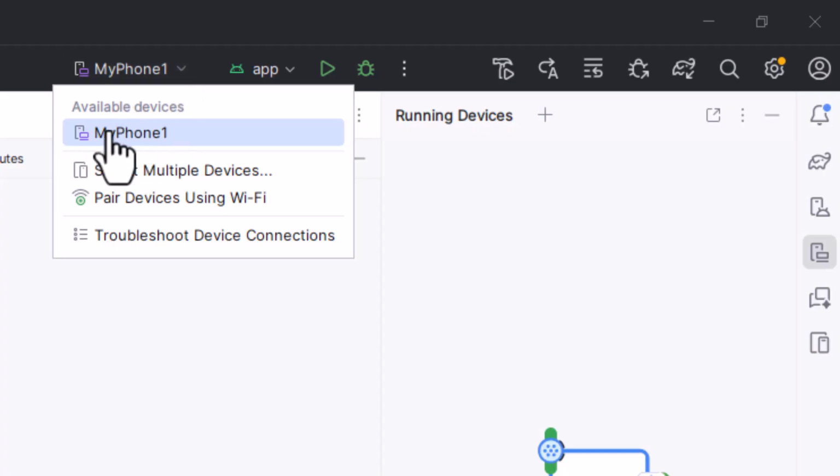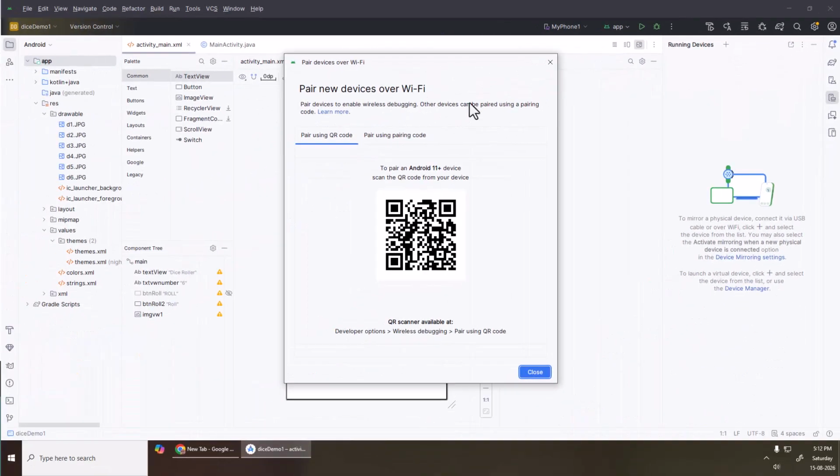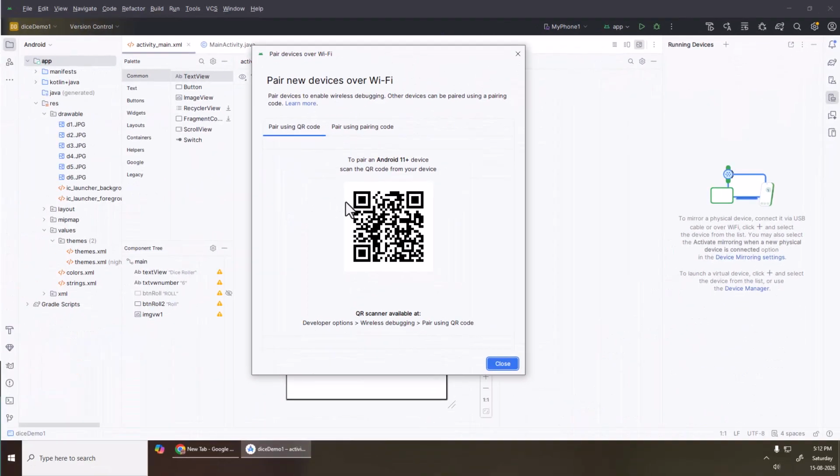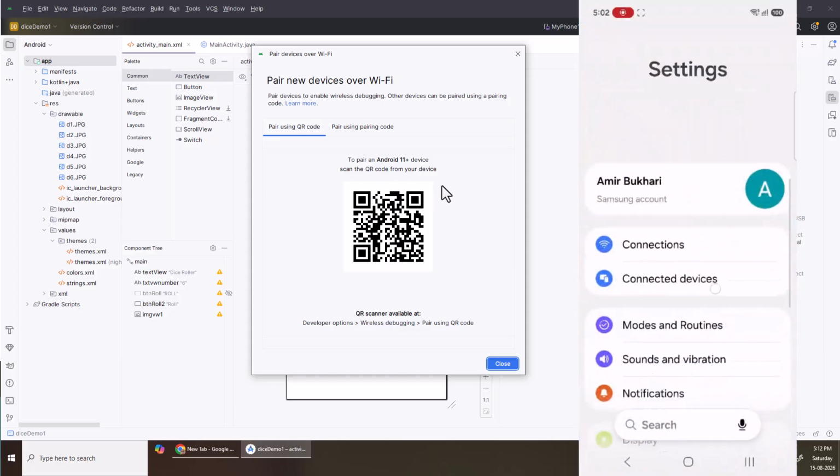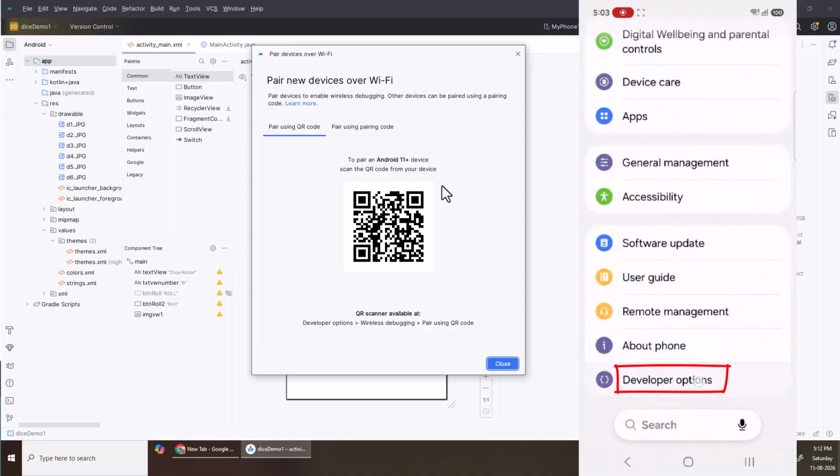Now here you're going to select this option, pair device using Wi-Fi. Once you click this, it gives you this option. Now you need to scan this code through your mobile. In your mobile you need to go to the settings. You should go into developer options,